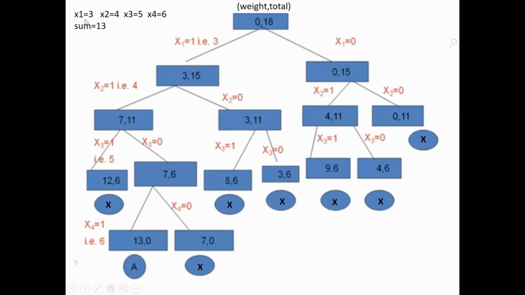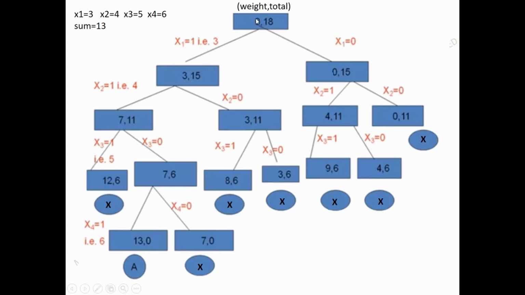Now taking one more example. x1 is equal to 3, x2 is equal to 4, x3 is equal to 5, x4 is equal to 6. There are 4 elements and we want that sum value to be equal to 13. We will have to find those subsets whose sum value is equal to 13. Now we can represent the state space tree like this also,